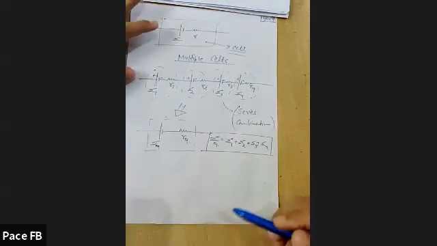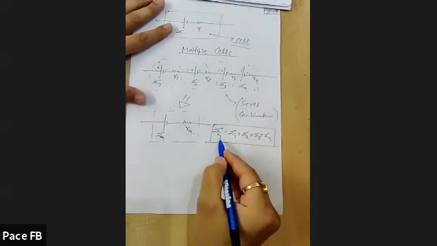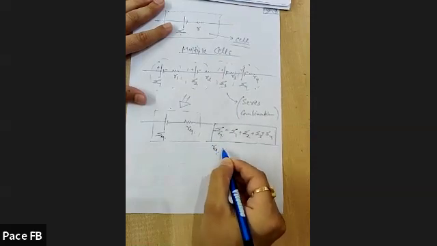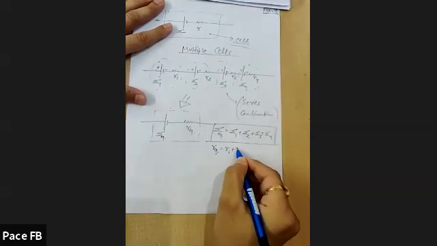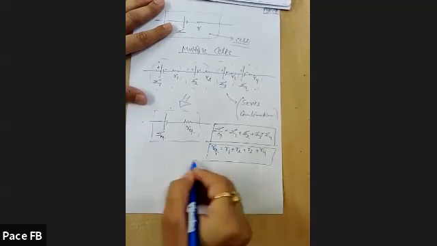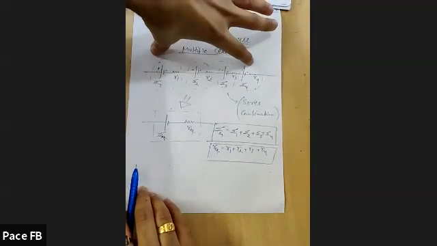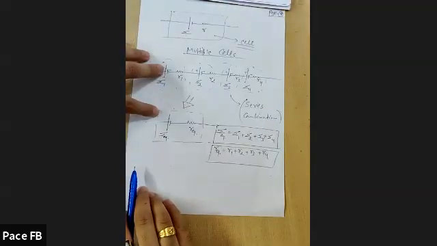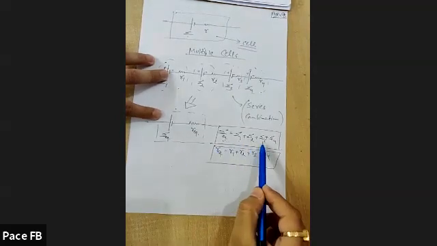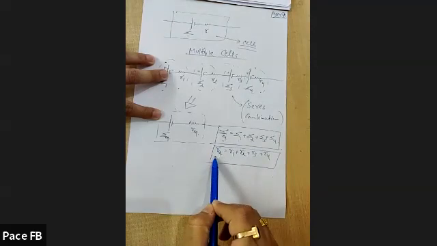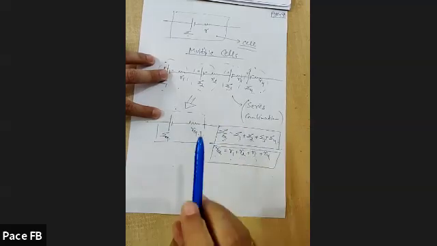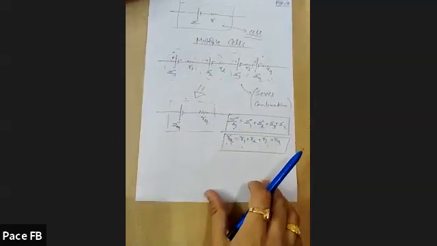Another case also we will discuss. So this is the E equivalent of this equivalent cell, and what is the internal resistance equivalent of this equivalent cell? Same addition of all, R1 plus R2 plus R3 plus R4. So you can replace all these four cells by a single cell, and this single cell would be having the EMF as E1 plus E2 plus E3 plus E4, and internal resistance of this equivalent cell would be R1 plus R2 plus R3 plus R4. So this one is valid when cells are connected in series.